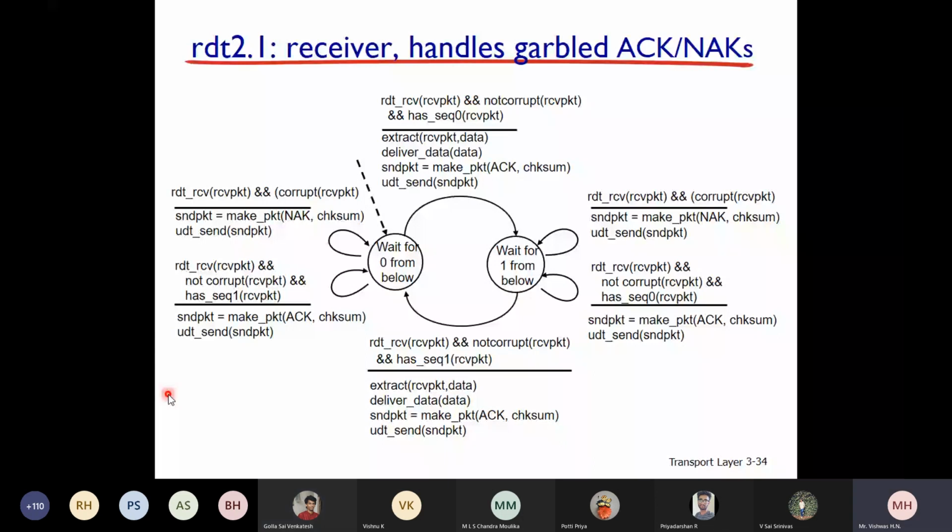You have RDT 2.2 also, and then we have to go for RDT 3.0. Okay, I guess there is no problem. We'll go to the next topic.